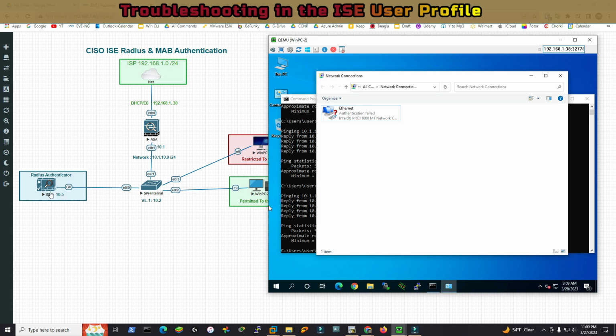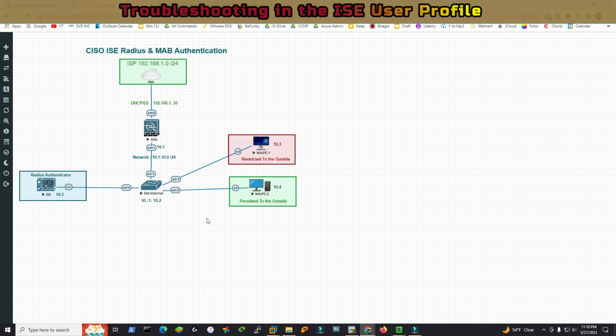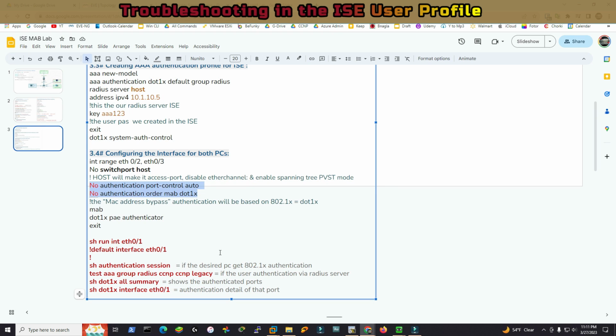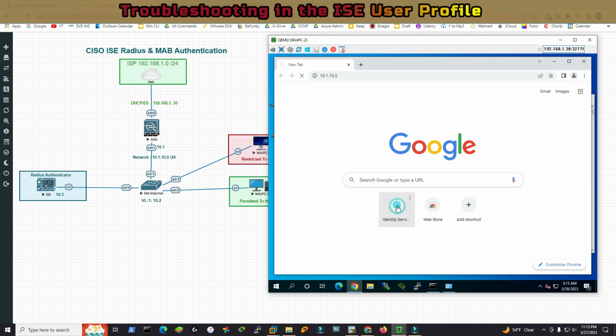We need to troubleshoot first. We need to log into the ISE via the browser, so that we can look into the policy and the configuration that we have configured. In order to do that, again, I had to initiate these two commands. So I literally had to add no before authentication port-control auto, and again no before authentication order MAB dot1x, so that I can postpone the authentication protocol for E0/3 and E0/2 interfaces, so that I can ping the ISE. I can establish again a secure connection to the ISE console. Okay, let's go to the Identity Services Engine,